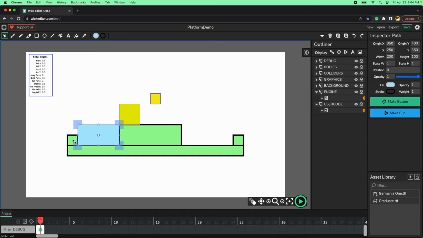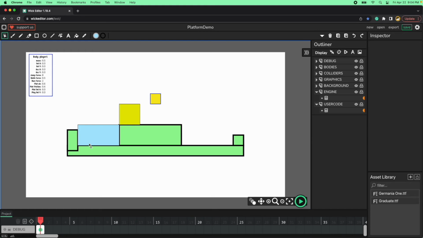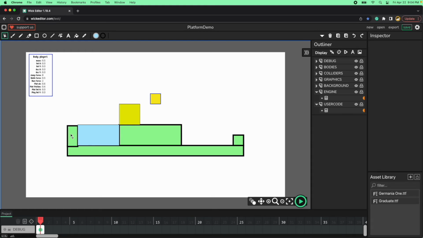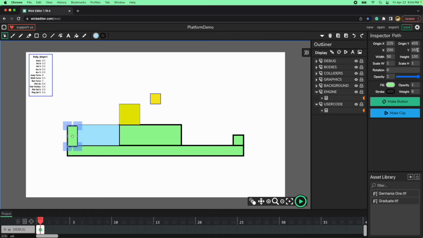Let me do also, let's put this one like a large one, like 100 in height, and then let's align it. Let's see, it doesn't seem to be aligned, and it is not. Let's put in 350